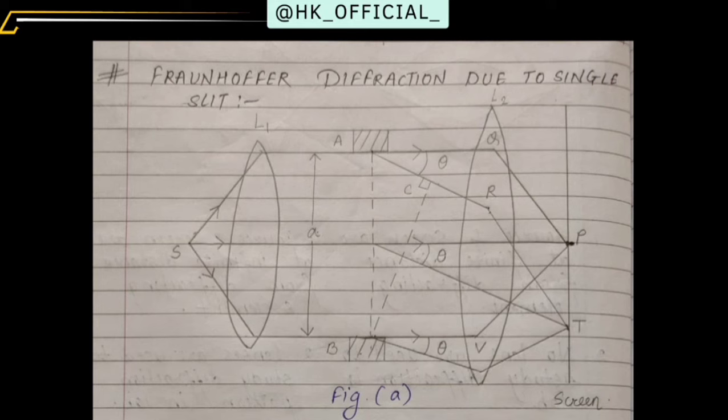Here in lens 1, as those incident rays are coming, after passing through the lens, you can see that these rays are converted into a plane wavefront. Yes, we have marked this in our differences also. So see in the figure, the plane wavefront is incident on slit AB of width a. Here you can see the rays AQ and BV, which are not getting diffracted, come to focus at point P, and you can see a bright central image, which is obtained because of zero path difference.